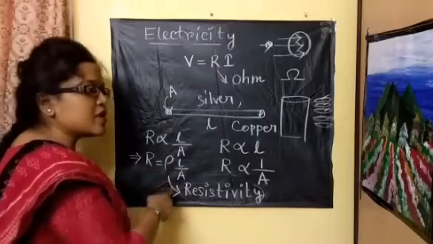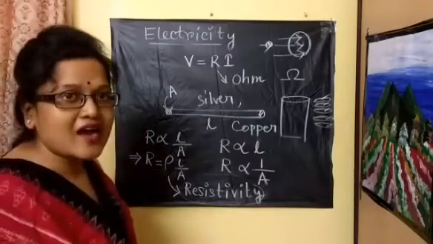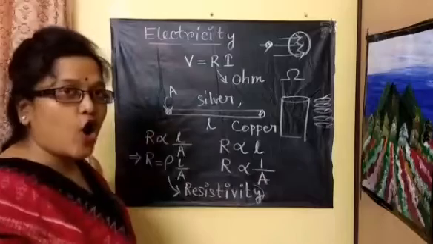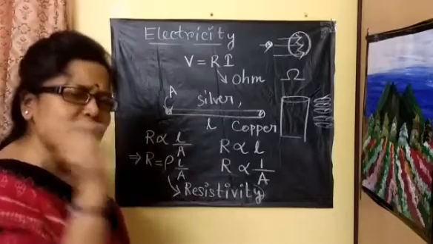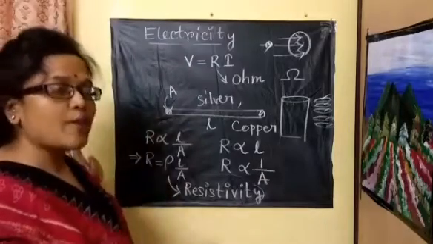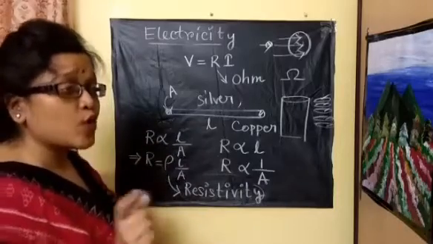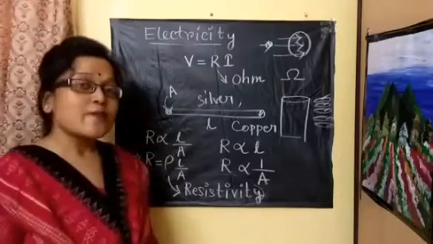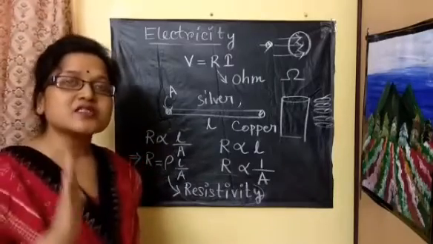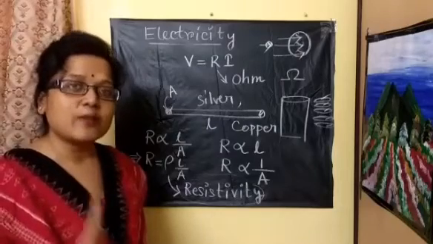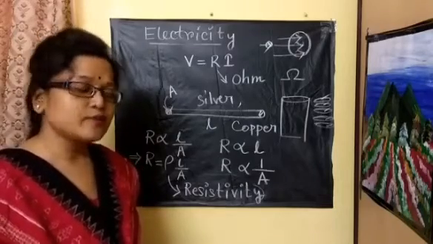And for resistivity, if you go through the net, you will find a chart of the resistivity of every good conductor. For copper there is a specific value, for silver there is a specific value, for gold there is a specific value. This means resistivity is a completely material-dependent phenomenon. Clear?